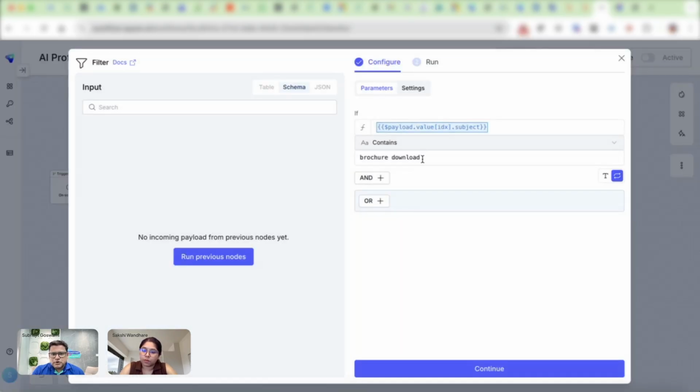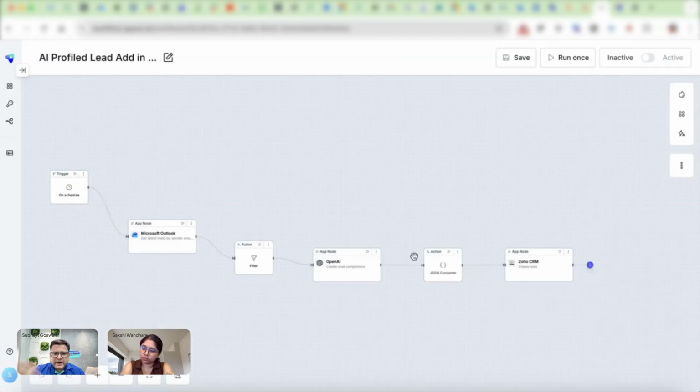They may need to do it for certain other email contexts. They just need to change the search criteria so that instead of brochure download, they get emails with a different subject line, then get some idea of that particular lead, and then create that lead within Zoho CRM. This is a flow that they want to automate for certain customers.